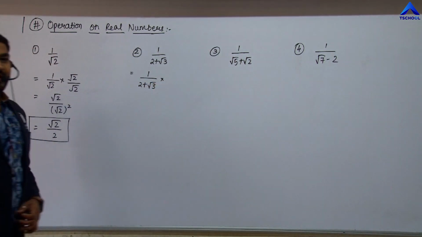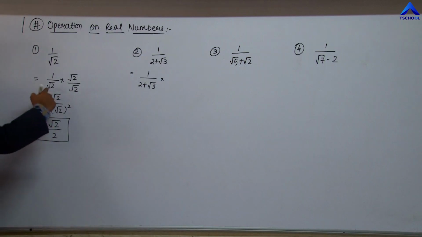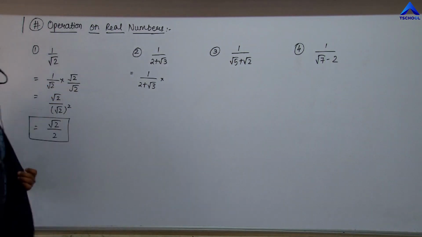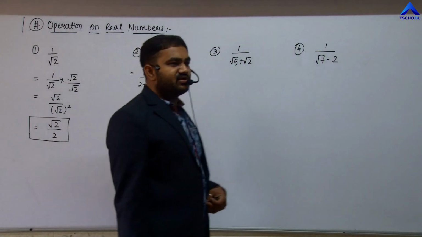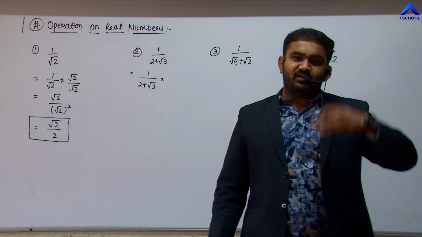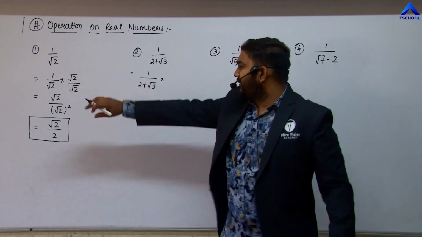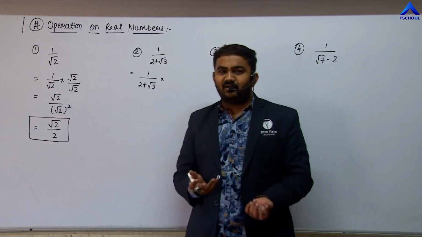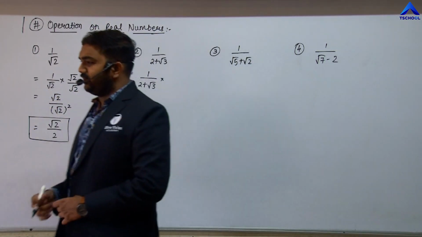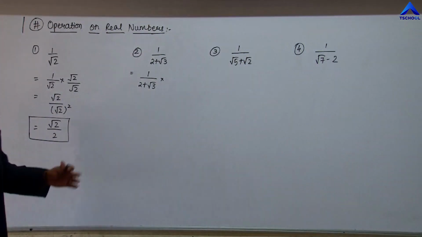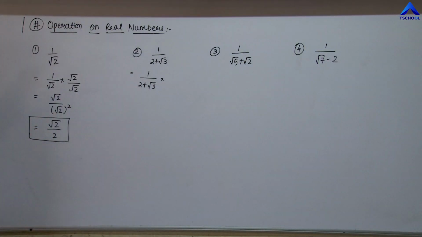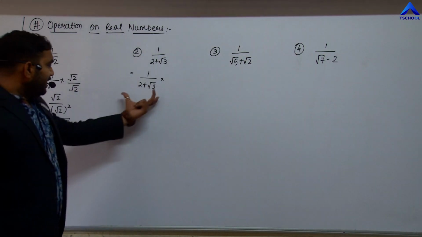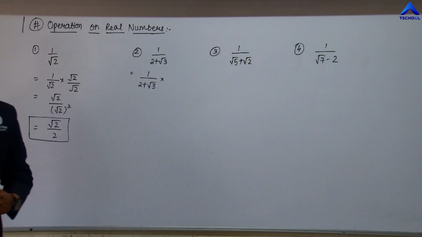Now, again, as I said, we are going to multiply the number that is present in the denominator with a slight change, in the numerator and denominator both. That means here we had root 2. We simply multiplied by root 2 and root 2 in the numerator and denominator. That leads us to an answer that is root 2 upon 2. But what if in this kind of example? In this kind of example, we are going to take the whole term from the denominator.